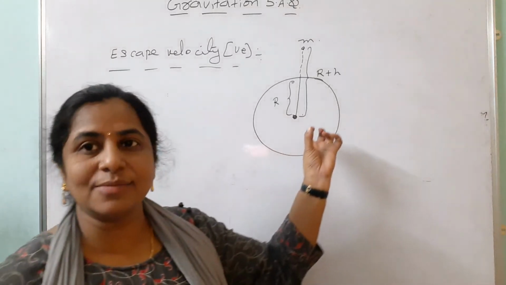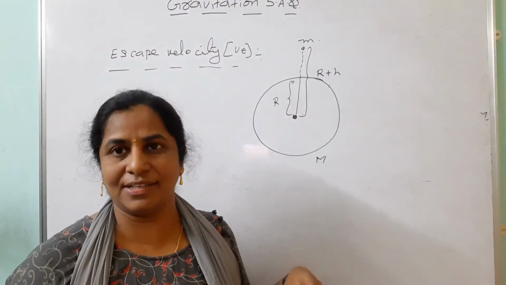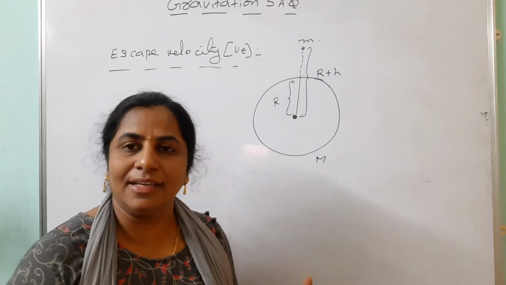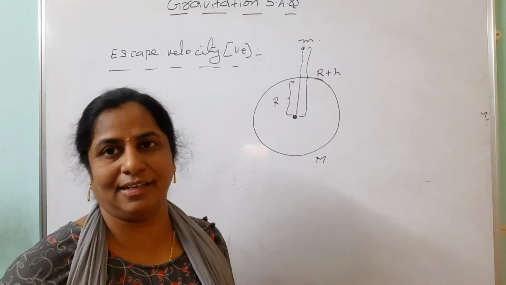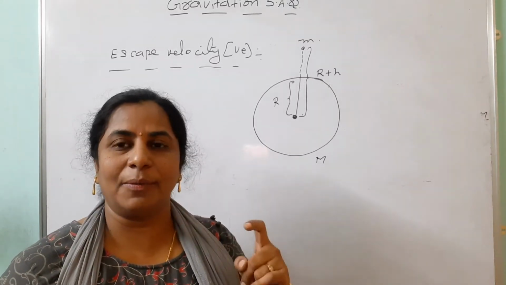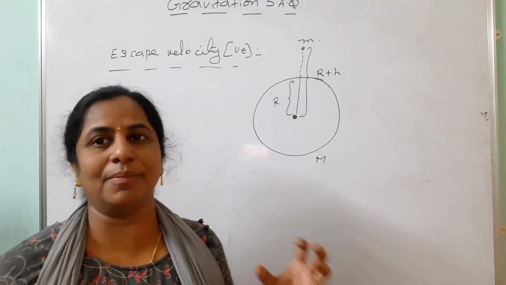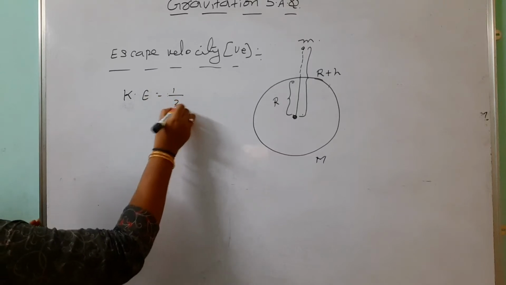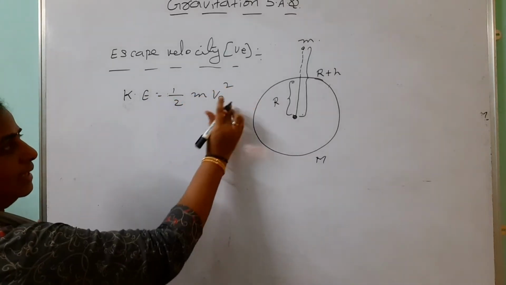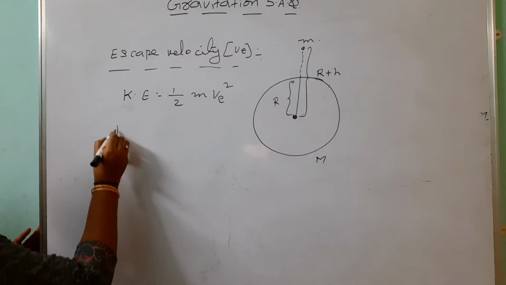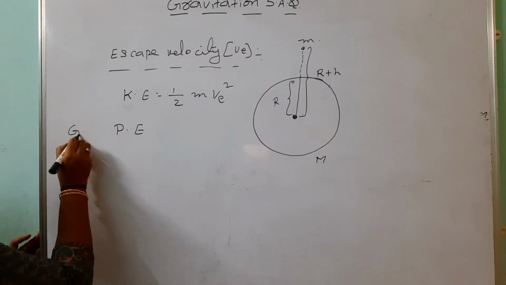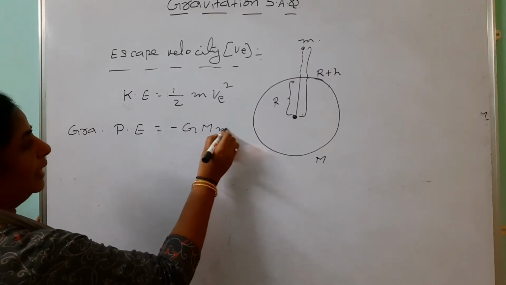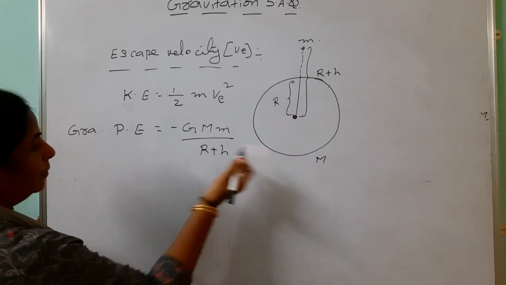Here the body is moving away from this, so potential energy is converting into kinetic energy. From the law of conservation of energy, here potential energy is converting into kinetic energy, meaning both are equal, but both are acting in opposite directions. Just remember that the kinetic energy of this body is KE equals half m v square, where v is the escape velocity. Then the gravitational potential energy equals minus GMm by R plus h. But from law of